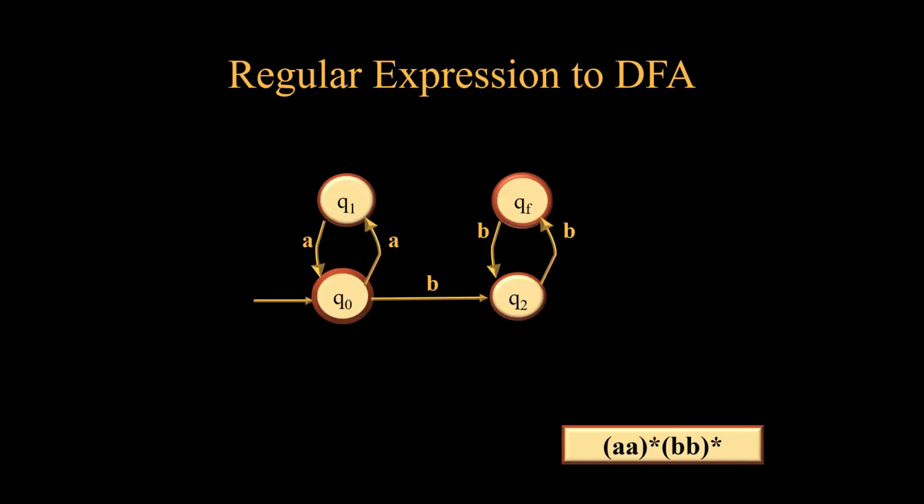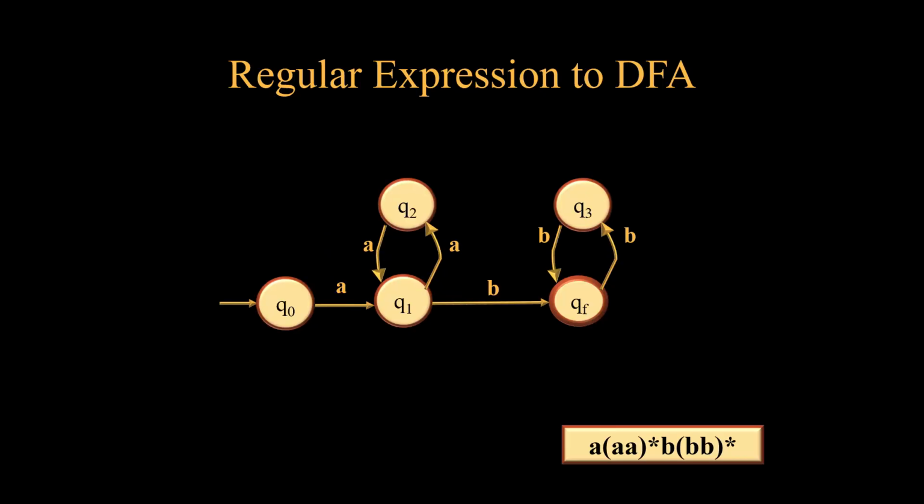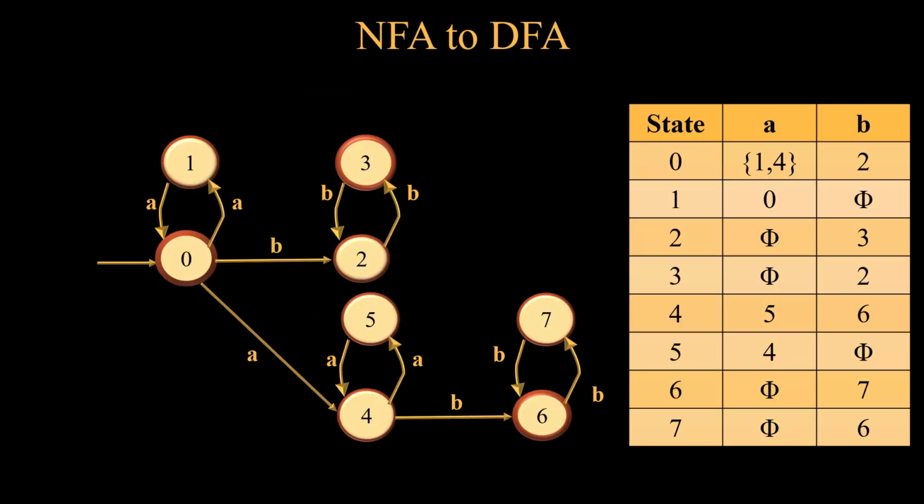So we will not draw this particular DFA for a star, b star. Instead, we will go for a DFA of this type. In this case, we are covering a star, b star. A star, which we considered in the previous slide, and b star is covered from Q0 to Q2 and then to QF. Likewise, we draw the DFA for the second expression. And now we will merge these two. When we merge them, we get an NFA. Now we will try to generate the DFA from this NFA.